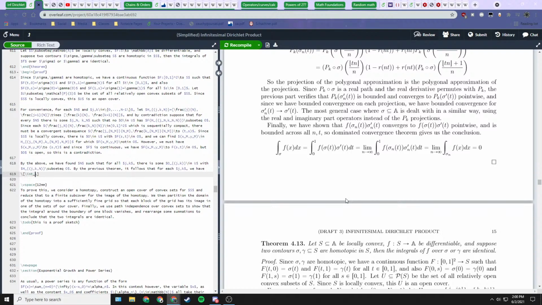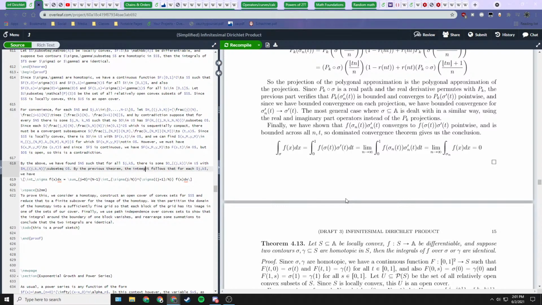the integral across sigma of f of x dx. This is just the sum, for j equals 0 to n minus 1, of the integral from some lower bound to some upper bound of f of x dx, and these lower and upper bounds will be sigma of j over n to sigma of j plus 1 over n. Okay, so by the previous theorem,